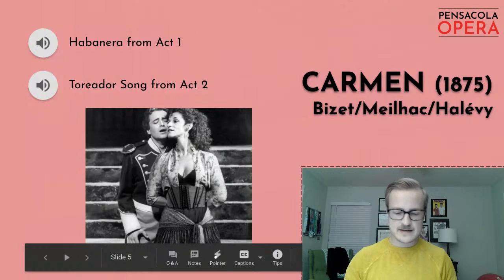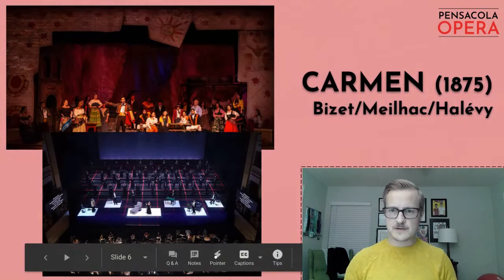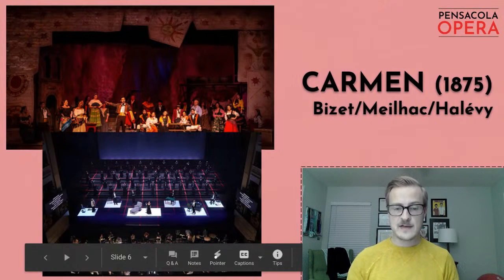So that was the Seguidilla from the end of Act 1 of Carmen. We were just talking about the music. And now I want to talk just a little bit about what our production this January is going to look like. So one way that we're really focusing on safety for this production is the way that the singers and